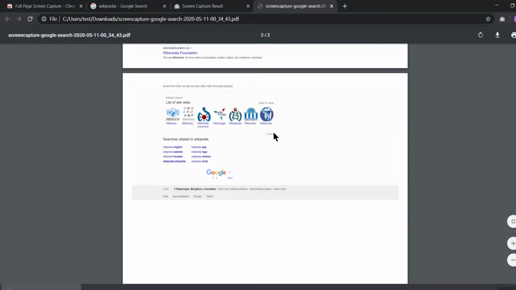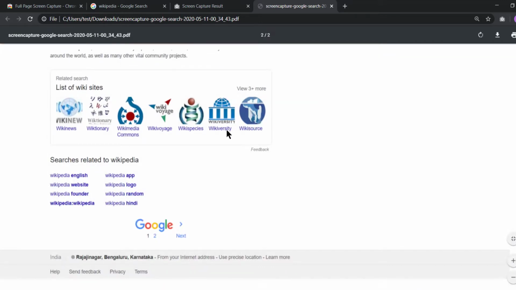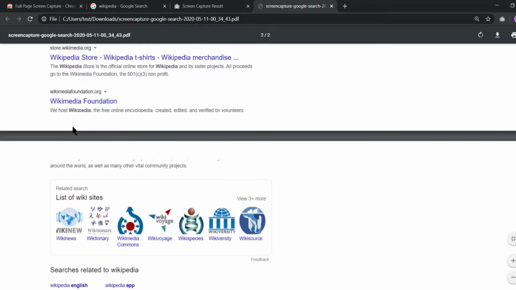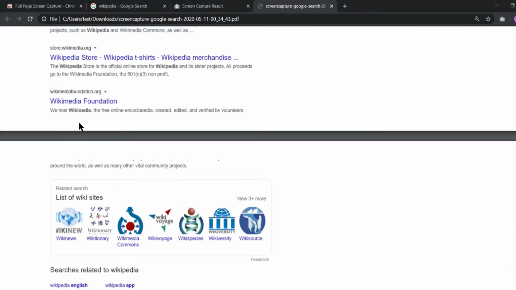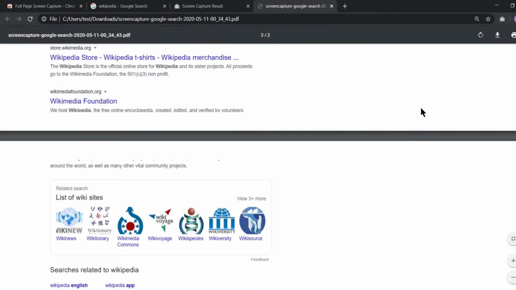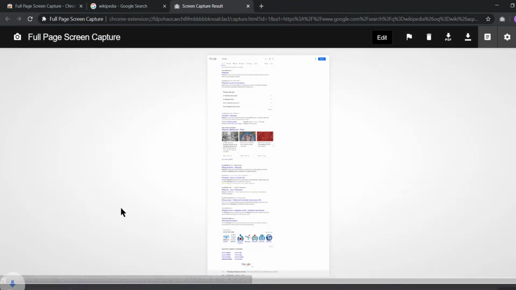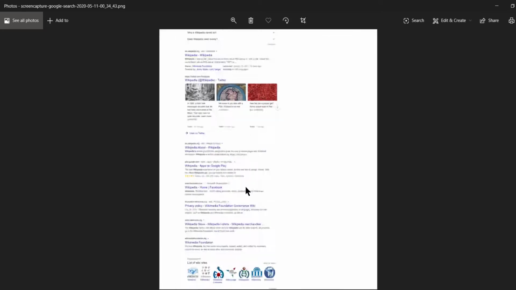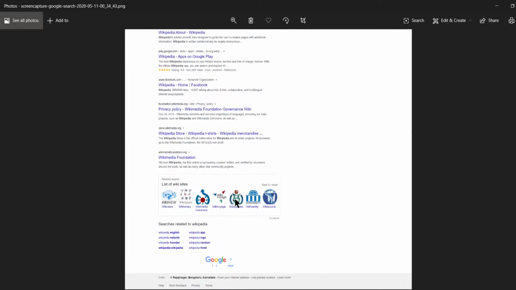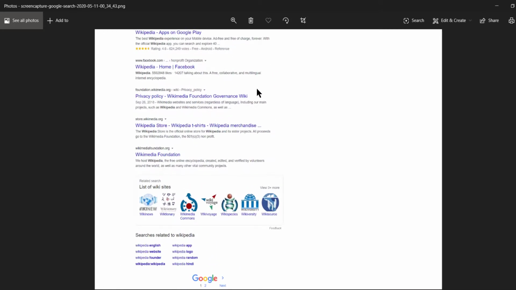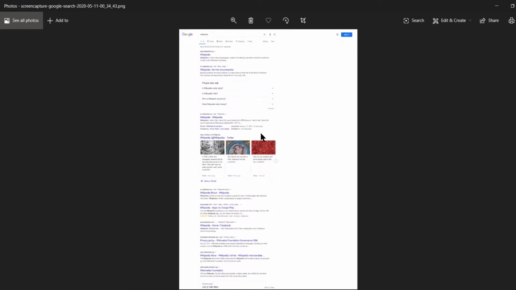But there is a major problem here. As you can see, these lines will be cut out in a little weird way. If you have a lot of content, or let's say a picture, it might be cut out in a little weird way. And to prevent that from happening, we can also save it as a PNG format. So as you can see, this is a proper format. Here we don't get those cutouts. This is one complete picture which we get of the complete web page.